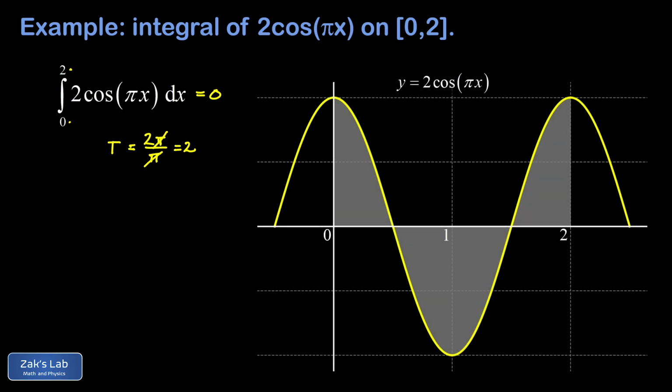So there's a graph of our function, and we see that it is indeed periodic with a period of 2. And I've shaded in the area represented by this definite integral. So the area from 0 to 2. Well, we can see in the graph, we end up with exactly the same amount of area above the x-axis as we do below the x-axis. So all the negative area is going to cancel out the positive area, and that's why we get 0